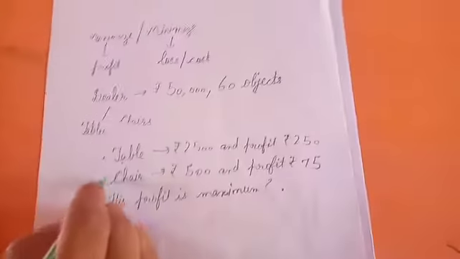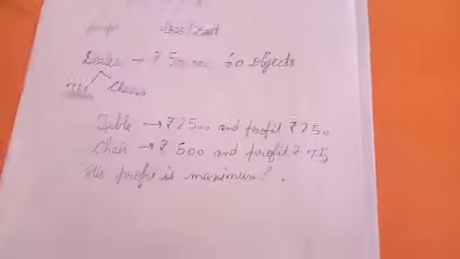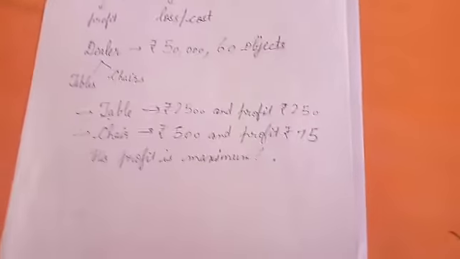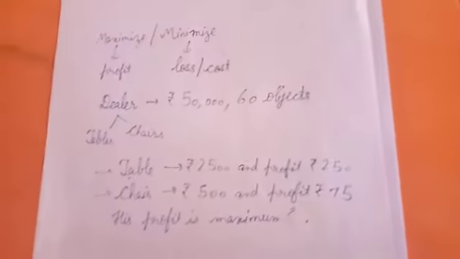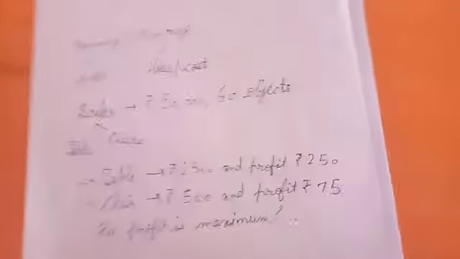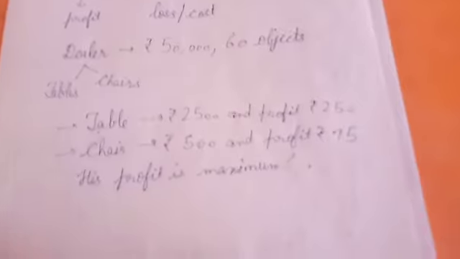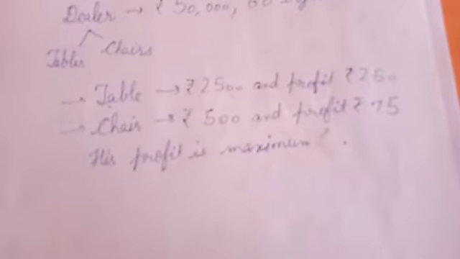Like in this first exercise you will form the problem, in second you will find how many tables and chairs should you buy so that his profit is maximum. And in third exercise, first you have to form the problem, that whatever is given to you, you have to write it in a systematic way so that it can be understood, and then using a graph you have to find its result, that what amount should it buy or give so that his say profit is maximum or loss is minimum or cost is minimum. Okay,